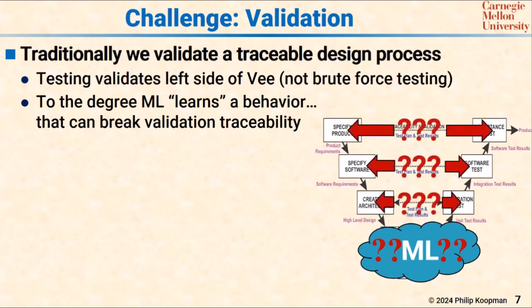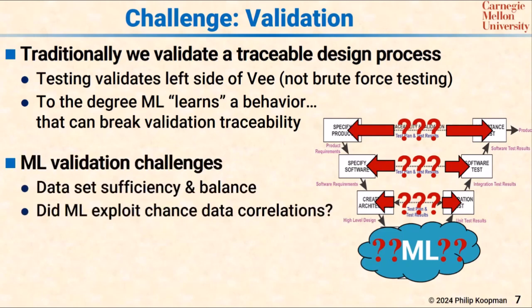And so you still can have traceability. You can say, well, I have an acceptance test and it tests the product requirements. But the background expectation that the product requirements are connected to the behavior because of the rigorous engineering process is broken because machine learning just does what it does. This is a huge challenge. Lots of people are working on trying to get the V mapped to machine learning, but it's very easy to miss the fact that the V works because of a causal, it's a Bayesian prior expectation, a causal connection between the tests and the design, and machine learning breaks that unless you have another story to tell.